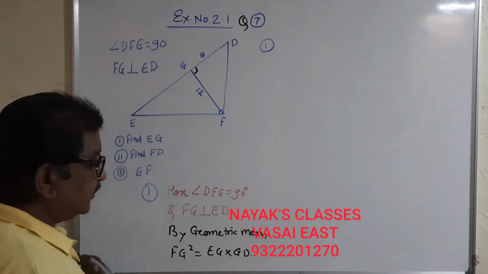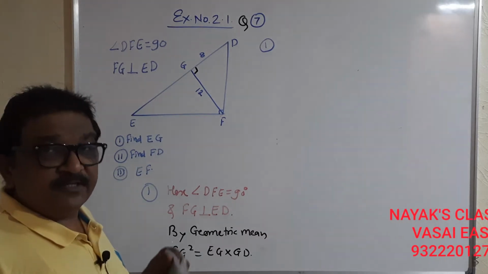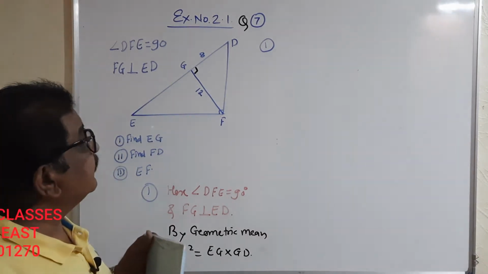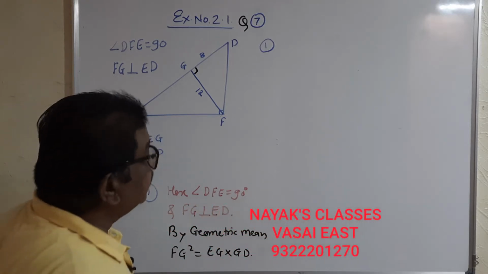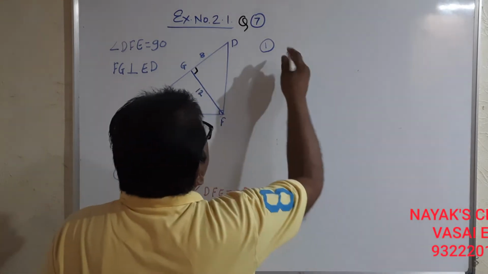Correct? In theory we have studied this: if a perpendicular is drawn to the hypotenuse, geometric mean. So it will be